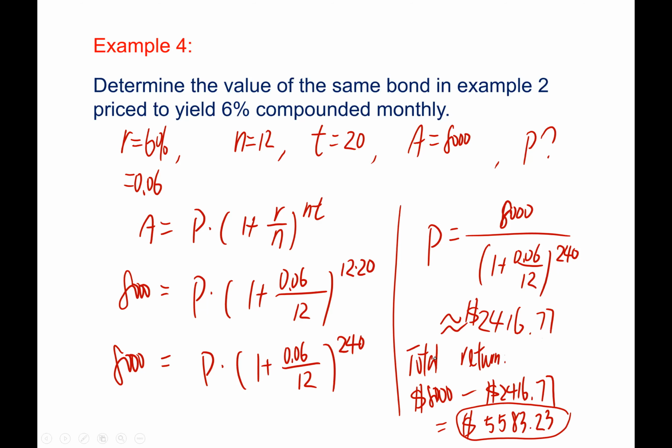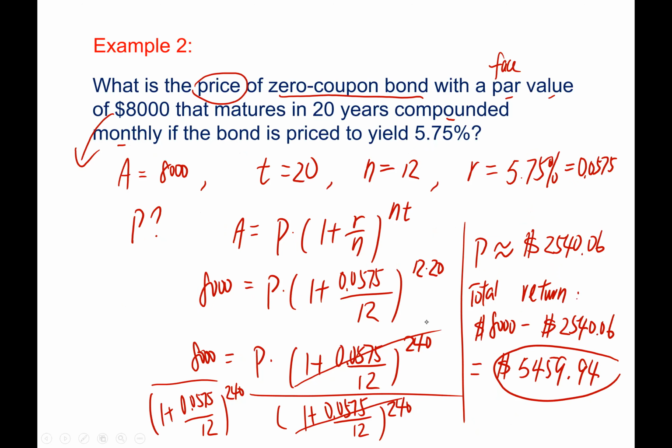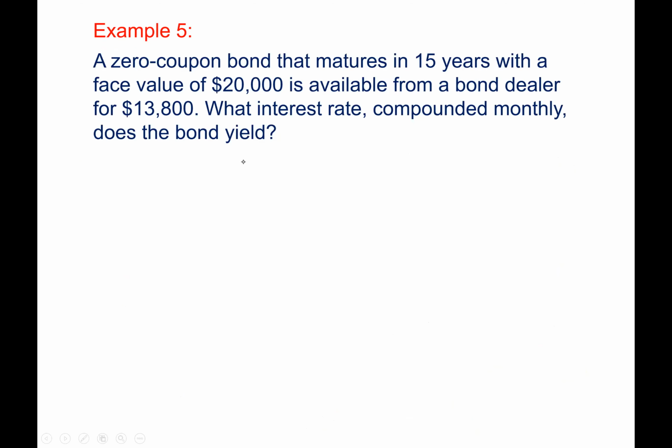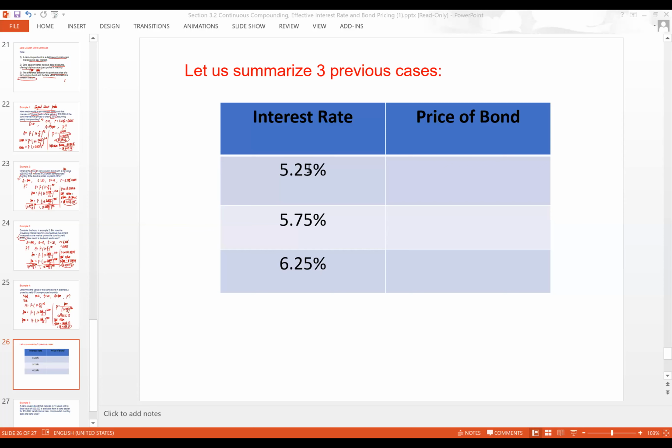So now, if you want to summarize this, just like 5.25%, is it? Yeah, it should be 5.75%. This should be, okay. One more time. This should be 5.75%. I forgot to update numbers. Okay, and that's 6.0%. Yep. And then the 6.25%. So if you just summarize all three scenarios from the previous one,